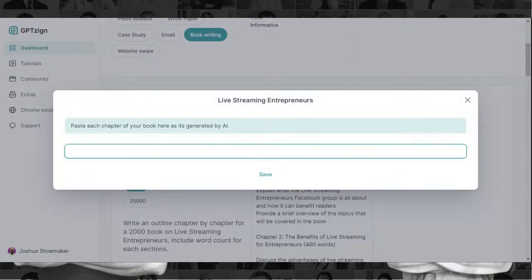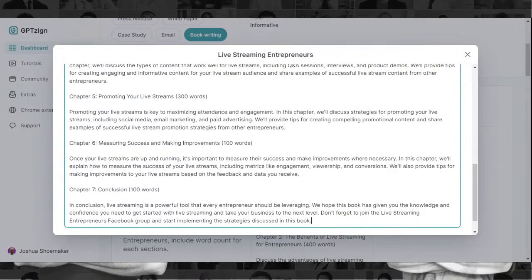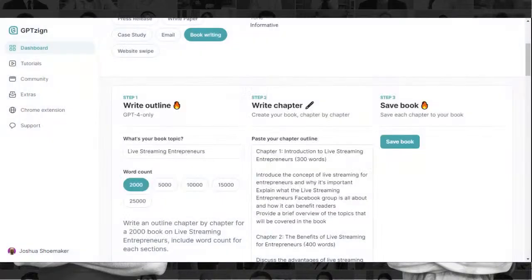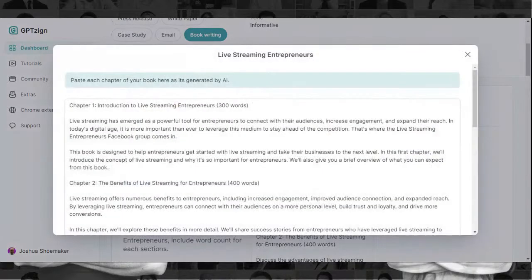And then paste that in there. And then there you go. Always make sure you click save. So now we got the book. And then you're like, well, how do I get back to it? Well, you just go to say book, and there you go. You can still copy all this stuff and paste it.